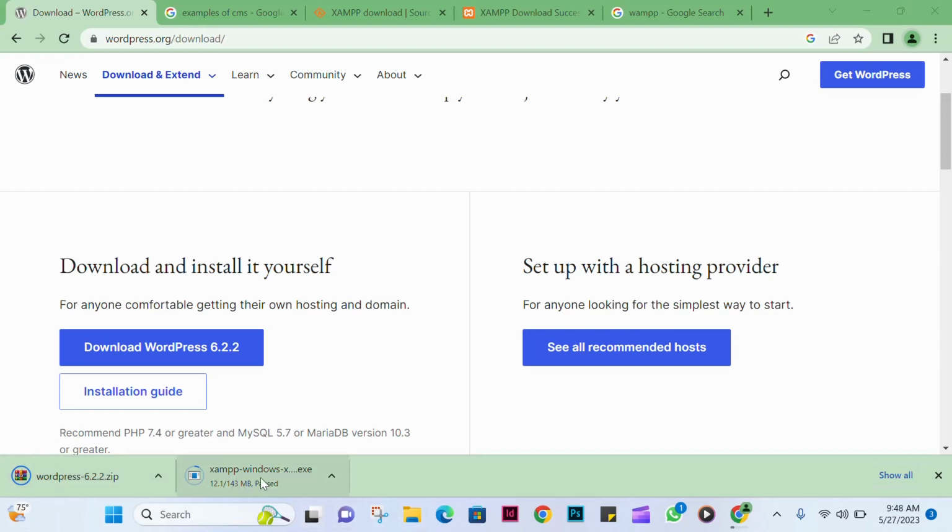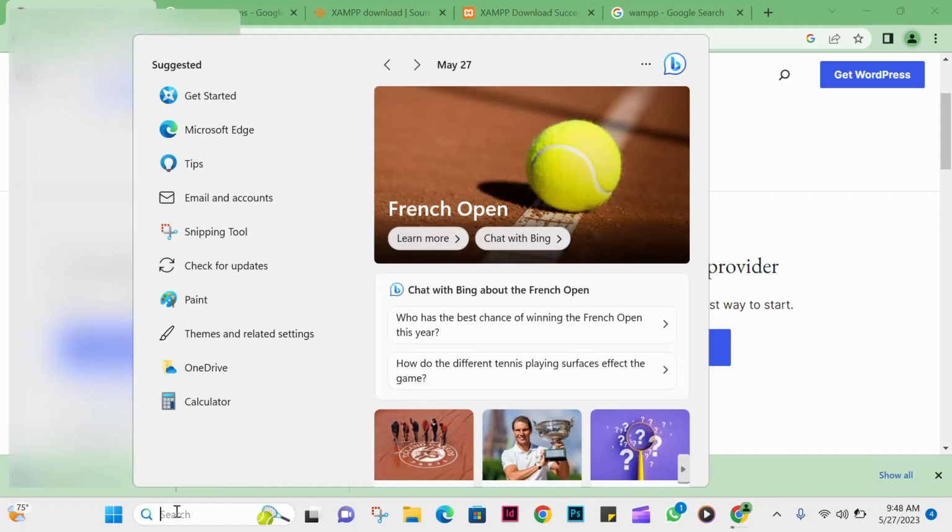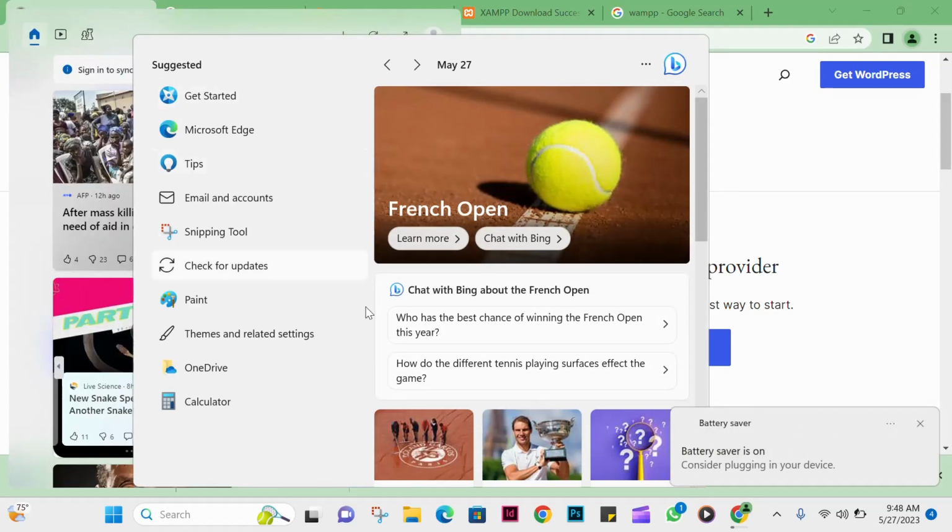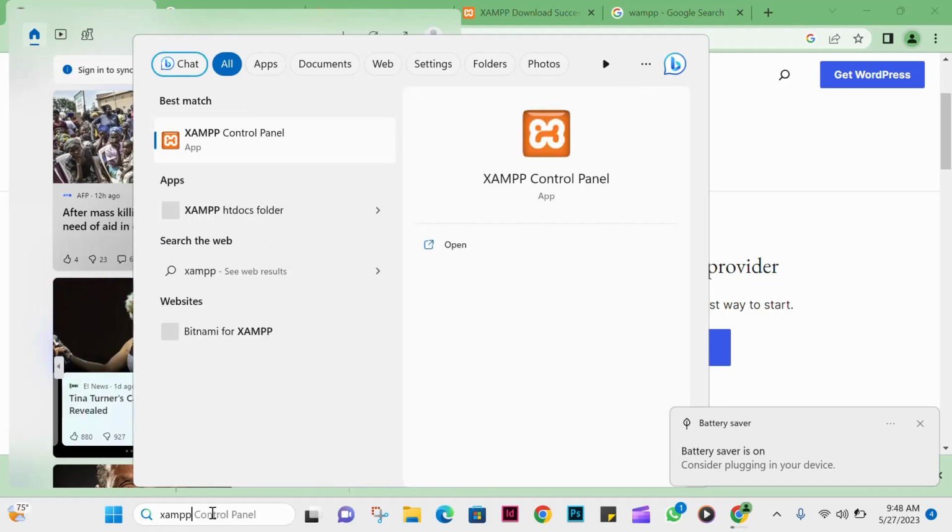You already have XAMPP. So what you are going to do is click on XAMPP. All you need to do is click next, then it will install. Since I have XAMPP, I will not need to install it. I already have it installed. Now when I try to search for XAMPP, you see that I already have it.